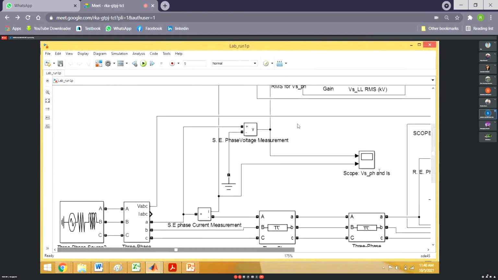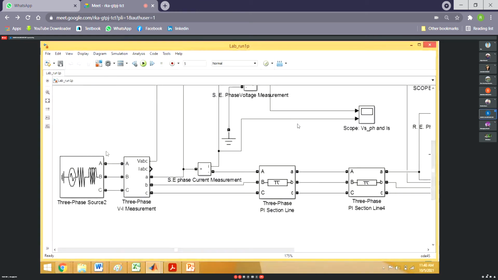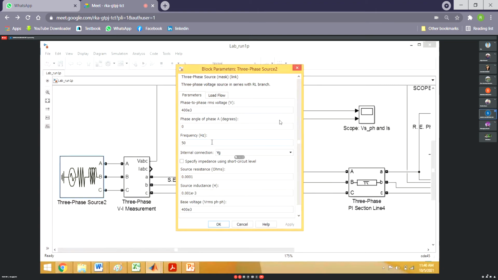So actually whatever I have shown there, that figure is small. So that is the source, a three-phase source. Here we can set voltage, frequency, resistance, reactance, everything. So that I have set. Voltage you have to set 400 kV, frequency is 50 hertz. Now source inductance we cannot put as 0. But in our theoretical calculation, we do not consider any source inductance. So for that reason, the actual measurement will vary to a little extent from the theoretical one.